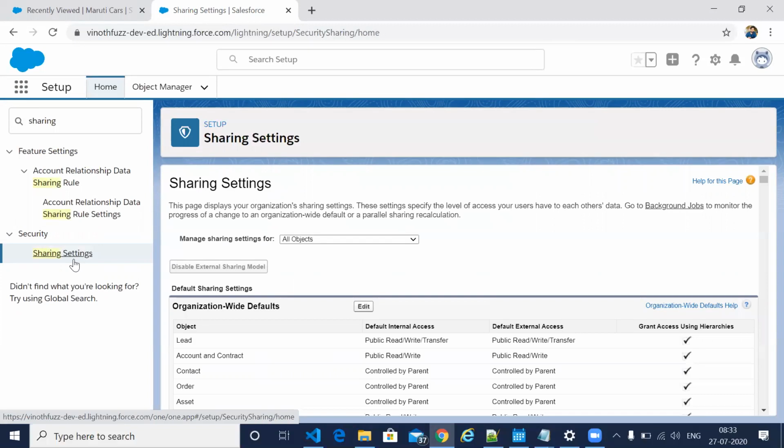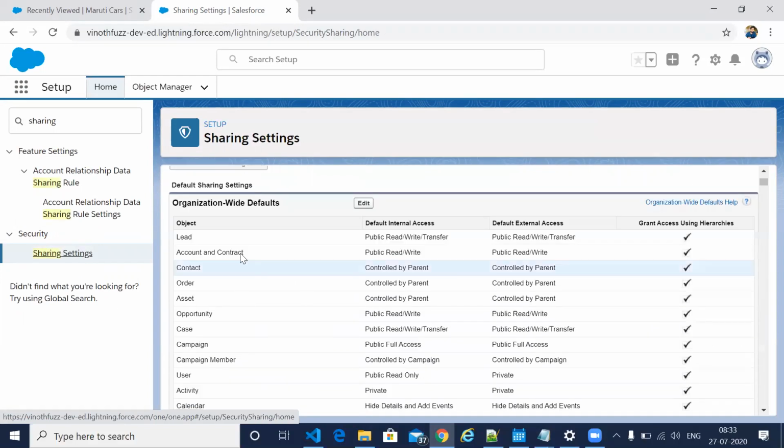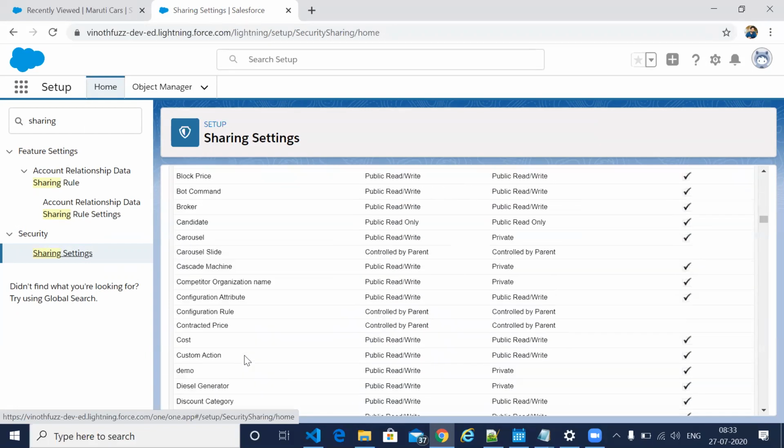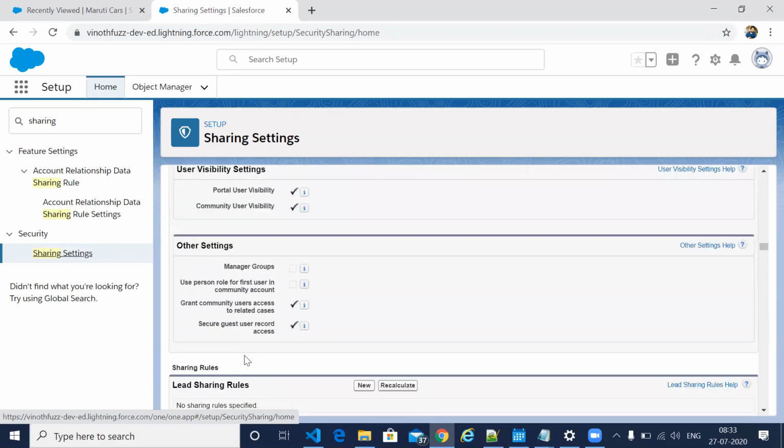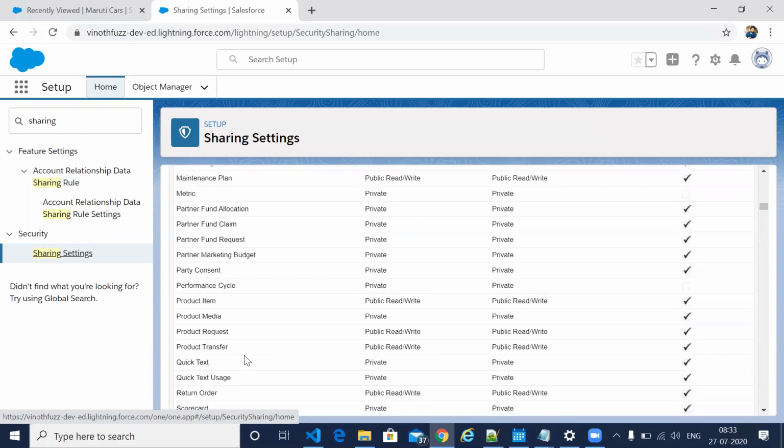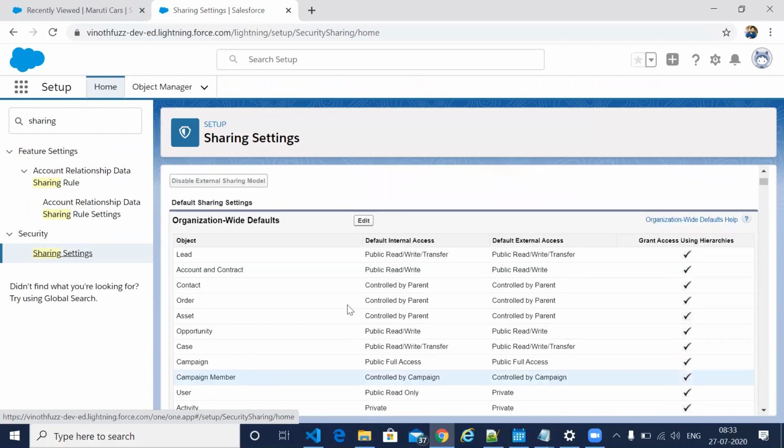On the left side, if you go, you will see sharing settings. When you come here, you will see all the objects we have, and here the access will be provided.